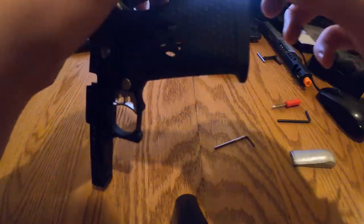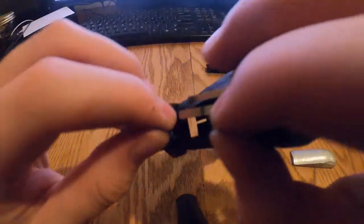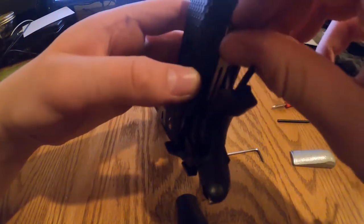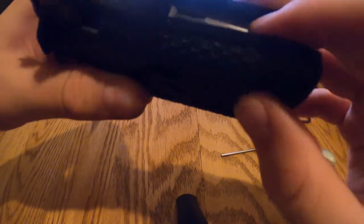You're going to put this, the trident. I'll try to show you this the best I can. This part, it's pretty easy just to figure out and get, but I had a really hard time with this my first time doing this, so you're just going to want to put it in just like it feels like it should, and then hold right there, and once you get it in there,